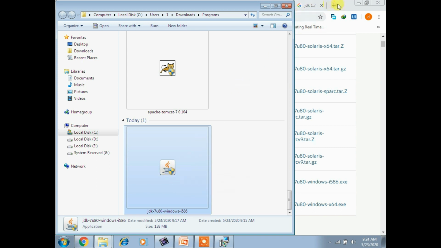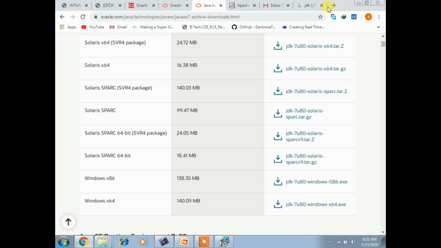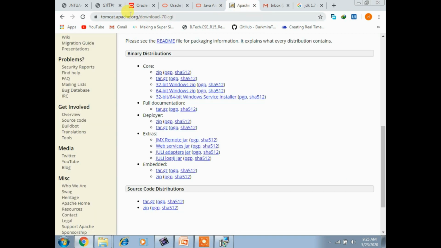After downloading, you have to download one more software called Apache Tomcat from the website tomcat.apache.org. The Apache Tomcat web server is used to execute JSP programs and servlet programs, and you can execute HTML also, no problem. The thing is that